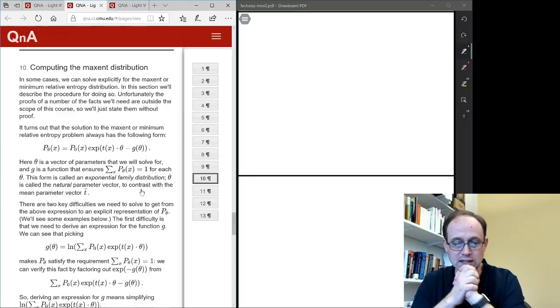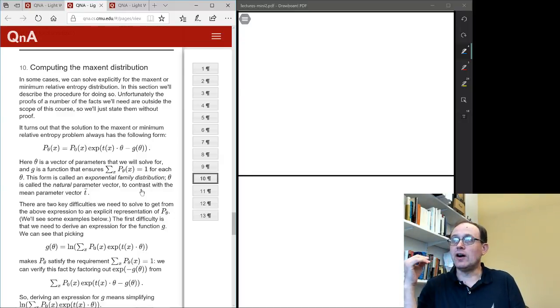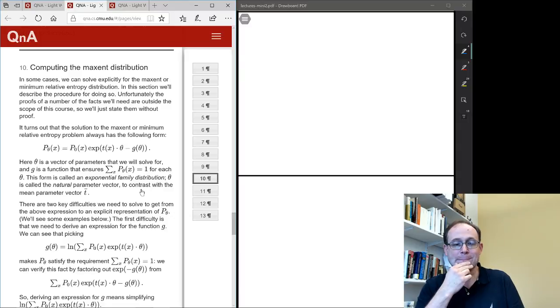So in order to compute that, we need a few facts. And these facts are not at all obvious. Some very smart people figured them out and proved them. The proofs are mostly beyond the scope of this course, although there are future machine learning and statistics courses that you might find these proofs in. So I'm just going to state the facts without proof. You're not responsible for knowing the proofs. If you're interested, we can discuss them offline. All right, so